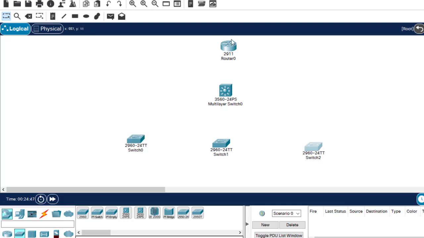Okay, as you can see, this is the core layer. A core layer, we can have a router or layer 3 switch. Okay, but on the distribution layer we should have a layer 3 switch, and finally on the access layer it's access layer 2 switches, right? Okay, so let me just connect them,